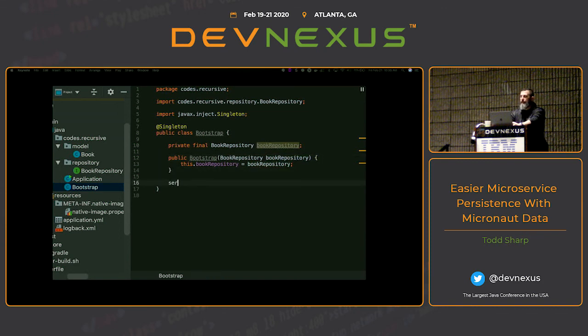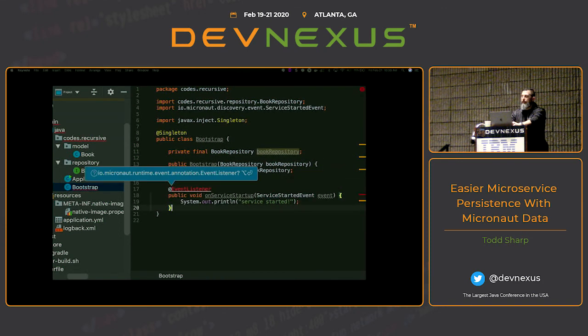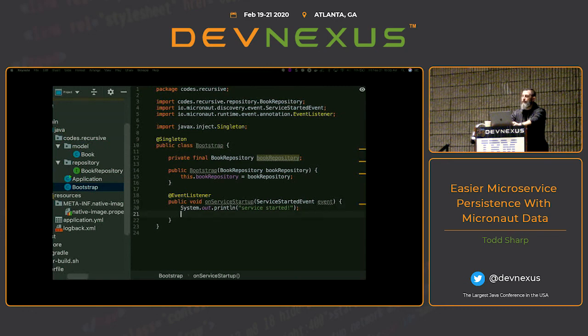And then I have a little snippet here. So at this point, we have a listener. As I said, when the application starts up, this event listener will be fired, and we can scaffold out some data. To do that, we're going to call the saveAll method of the book repository, and we're going to pass it a list